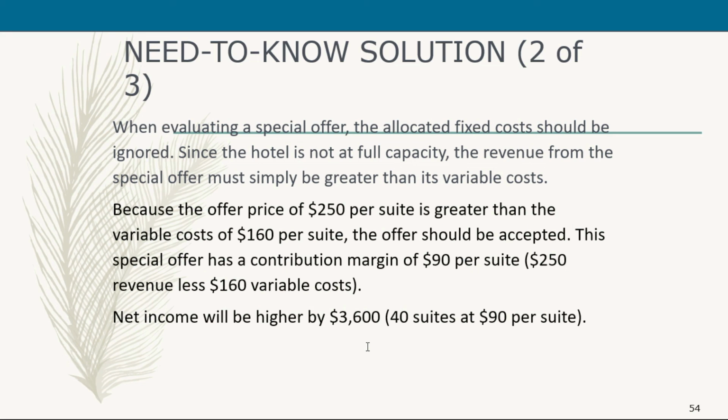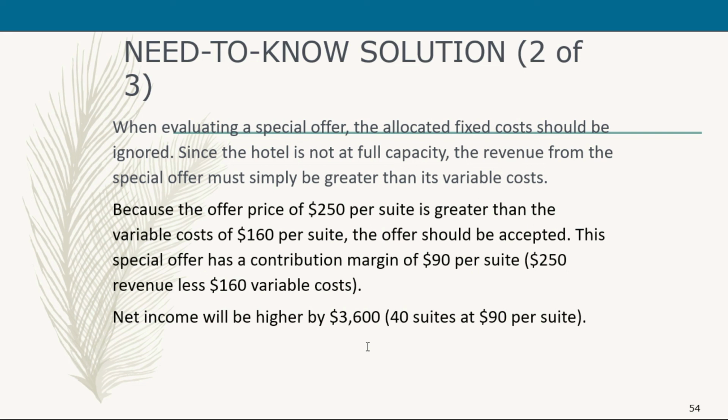Since the hotel is not at full capacity, meaning at excess capacity, the revenue from the special offer must simply be greater than its variable cost, as mentioned earlier. Because the offer price of $250 per suite is greater than the variable cost of $160 per suite, the offer should be accepted. Okay. However,